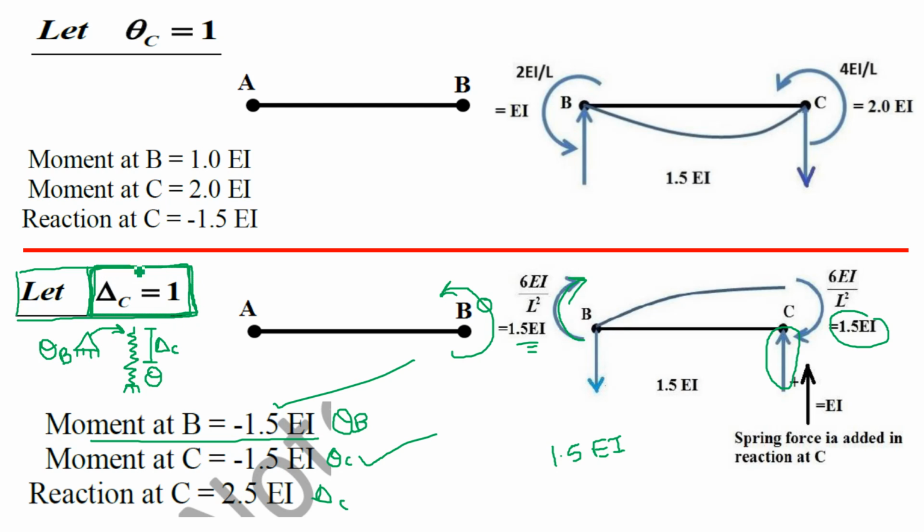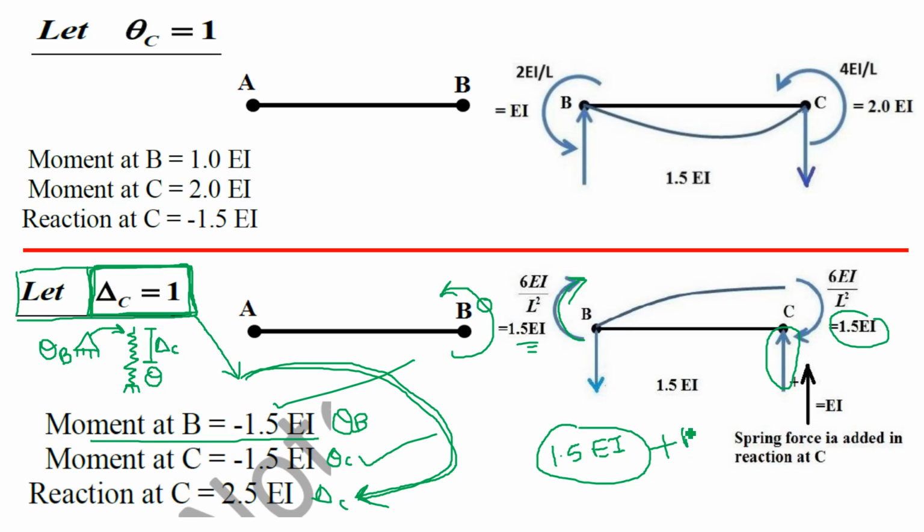But in which element is it added? It is added in the element corresponding to the unknown delta C, the action corresponding to delta C. So where is the stiffness of the spring taken into account? In the figure delta C equal to 1 and in the element delta C. Initially it is the 1.5 EI reaction, plus we have to add the stiffness of the spring,